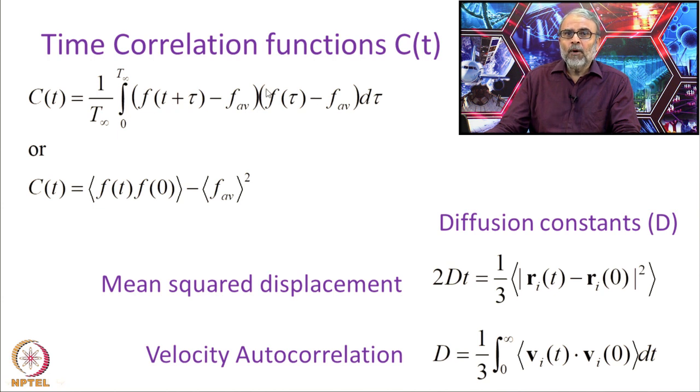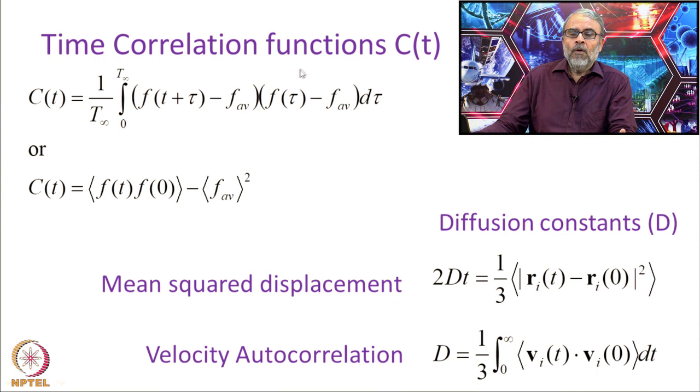So, I multiply the product and then divide by the integral from 0 to infinity over all values of tau. What I get is called a time correlation function. It basically tells me what the fluctuations in time are. G of R told me the fluctuations in space, and the time correlation function tells me the fluctuations in time. As time becomes very large, you expect that the correlation becomes smaller and smaller.